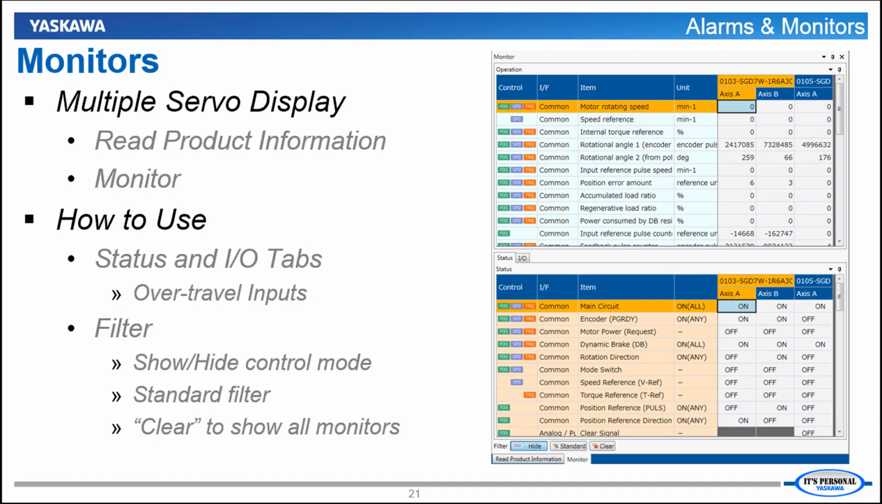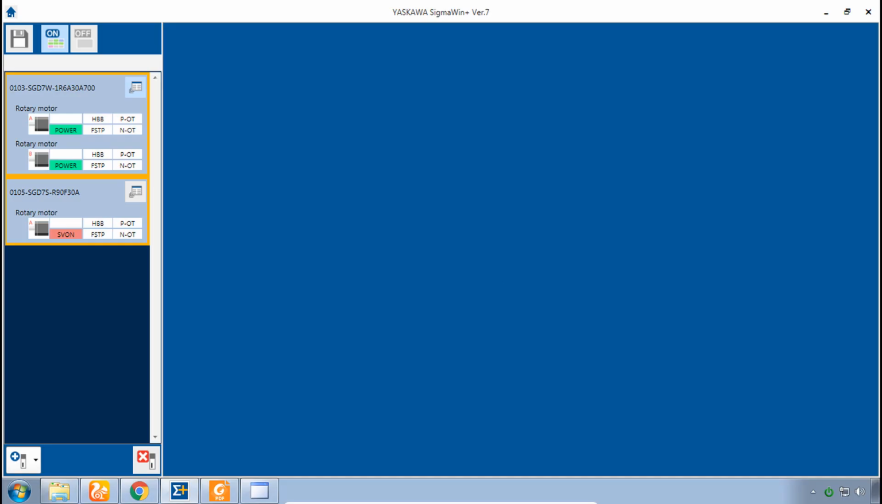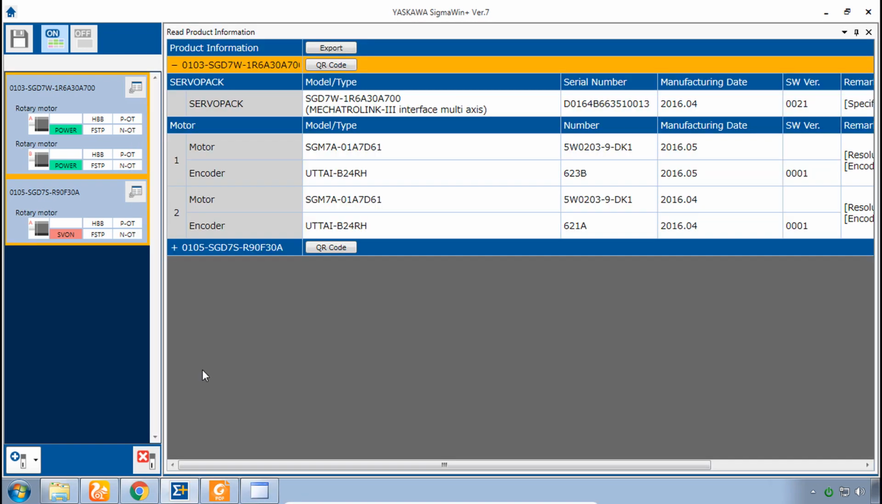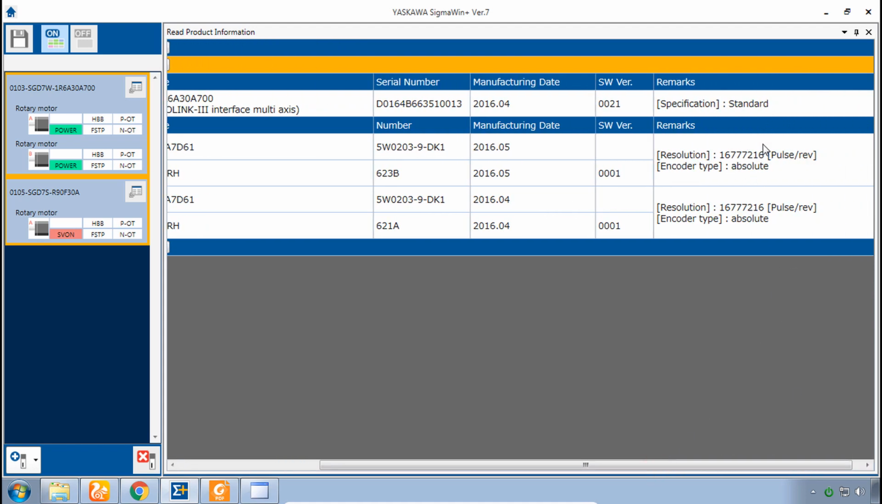Now, let's look at the monitoring capability of SigmaWin Plus with Sigma-7, and go with me here to the menu of the X and Y axis, and focus on this section here, Read Product Information. This isn't too exciting, but it can be very important to see the motor model that's connected. You may not be able to read the nameplate due to the location or installation of the product. You also have access to the serial number, date of manufacture, and it can be useful also to know the resolution of the encoder,